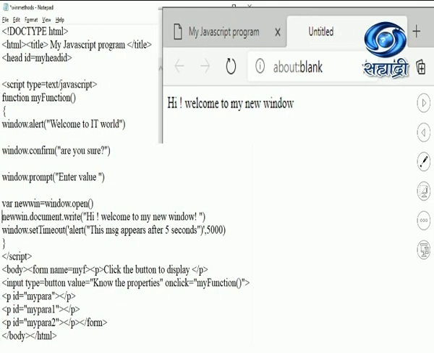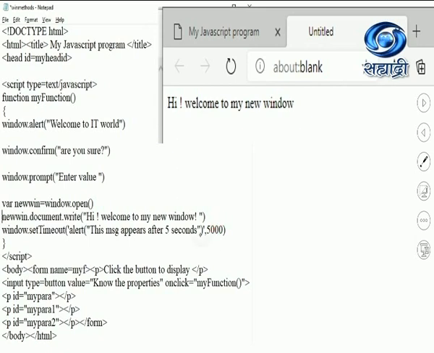If I execute this again, a message is going to appear after 5 seconds. I wrote that inside the alert. This is done by using window.setTimeout. Window.setTimeout executes the given statement or statements or function after the specified milliseconds.